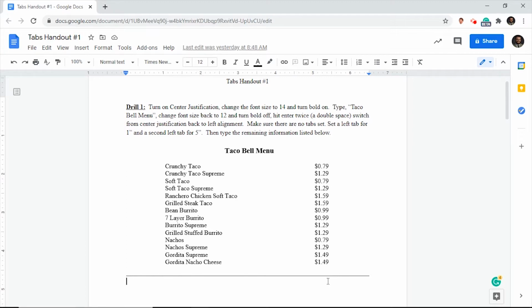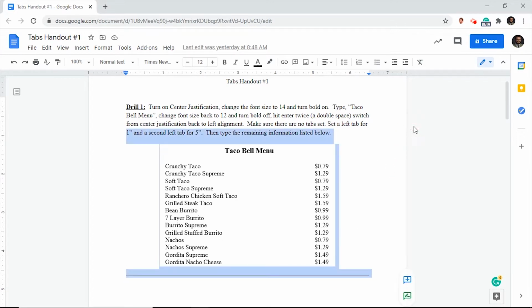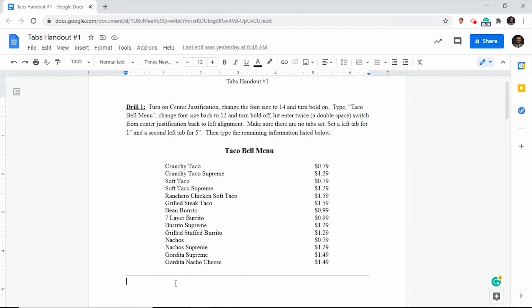All right, so the first thing, let's read the directions. It says turn on center justification, change the font size to 14, and turn bold on. So let's go ahead and do that. I'm going to have my cursor below this line. I'm going to go up and click center alignment. I'm going to change the font size to size 14, turn bold on, and now I'm going to type Taco